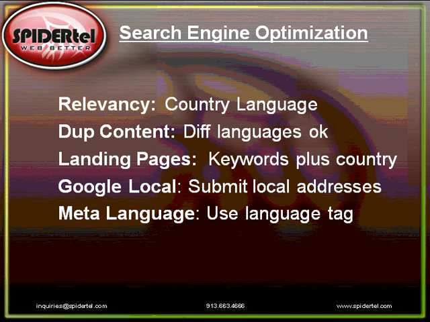Landing pages are very critical. You might want to consider having landing pages focused on keywords, plus the country that you want to be found for. It really depends on your research, how people have searched previously. Google has the ability for you to submit local addresses if you are located in particular parts of the world. There's a process to go through to submit your local address through Google and have it show up if people are searching on that particular locality,